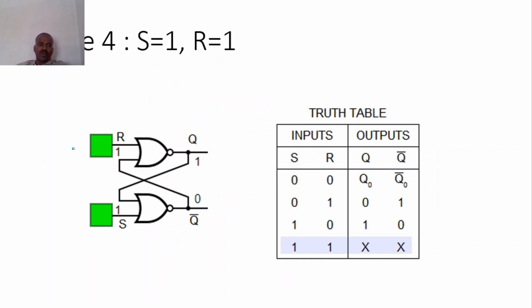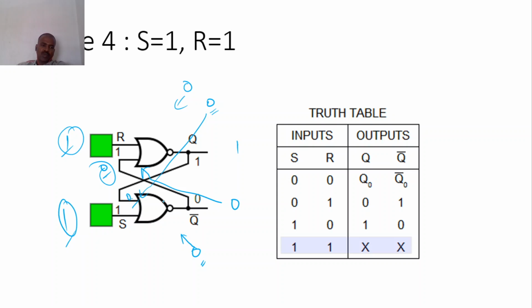And case number 4, both are 1 1. Here I am going to take 1 0. So first this 0 will come here. Here 1 is there, here 0 is there. According to the NOR gate this should be 0, and this 0 will come here. Here 1 is there, here 0 is there. According to the NOR gate it is 0. See, Q is 0 and Q bar is 0, so it is not a latch condition. So again I am sending the feedback to the first NOR gate. Again 0 is coming, again here 1 is there, so 1 0, again it is producing 0. This 0 is coming here, again 1 0 gives 0.